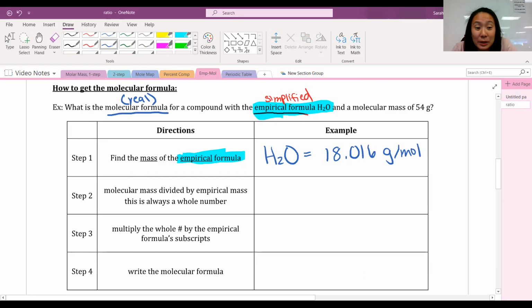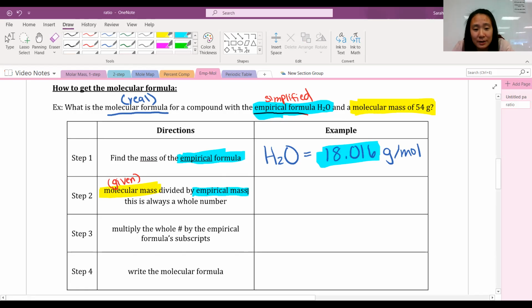Step two says take the molecular mass. So it gave us the molecular mass here, right? Molecular mass is given to you in the problem. It's always going to be given to you in the problem. And it says take this number and divide it by the empirical mass, right? So you know the empirical mass is